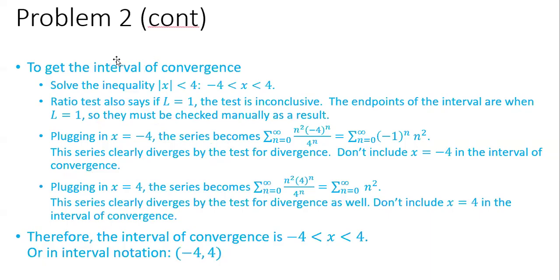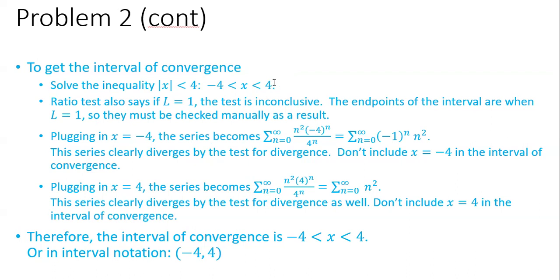Okay, and that's how we actually start solving for the interval of convergence. We solve this inequality. X is between -4 and 4, as I just explained. It must converge at its center of 0 plus or minus the radius of 4. So 0 plus 4, that's 4. 0 minus 4, that's -4. Okay. At these two endpoints,